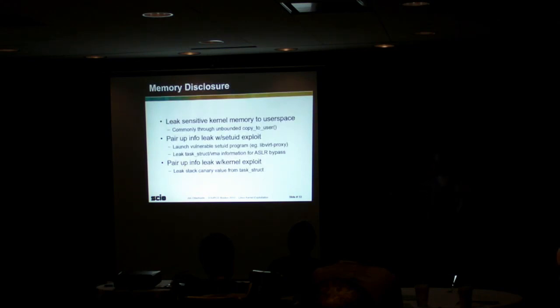Of course, there's also things that don't necessarily result in actual privilege escalation immediately. Memory disclosure is one of the, I'd say, underrated bug classes in the Linux kernel. What we can do is actually leak sensitive kernel memory back to user space, and this is most commonly done with an unbounded copy_to_user operation, which is in charge of taking memory from kernel space and copying it, hopefully safely, to user space. And of course, you can pair this up